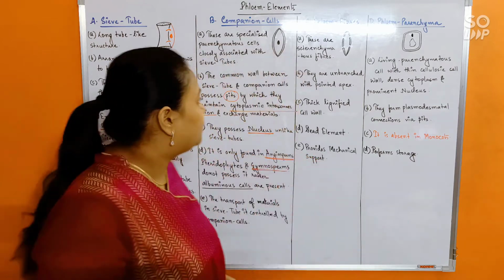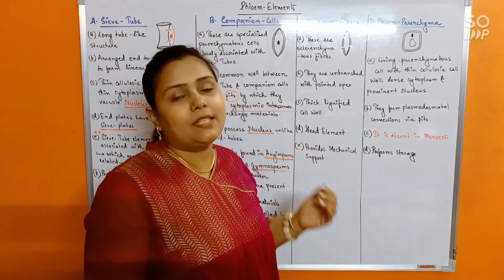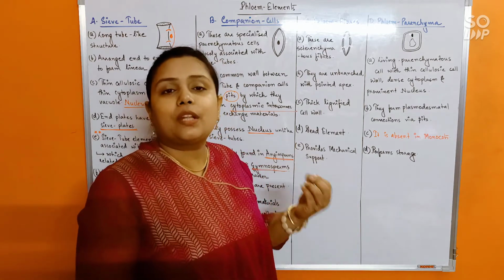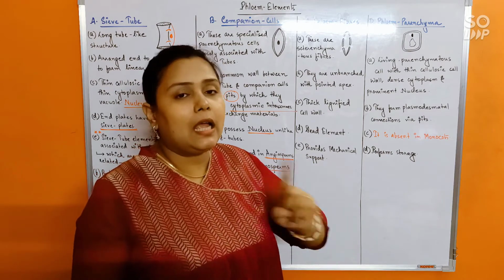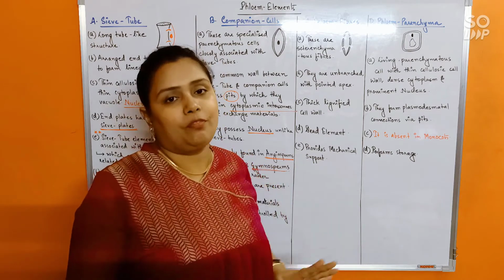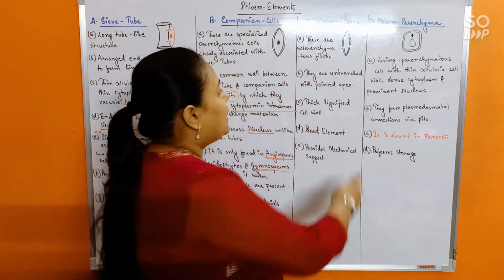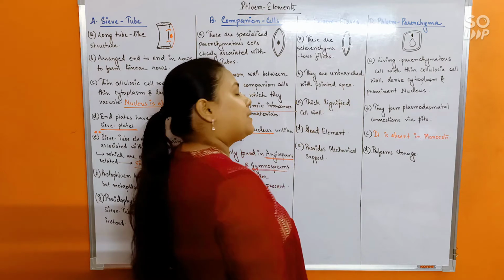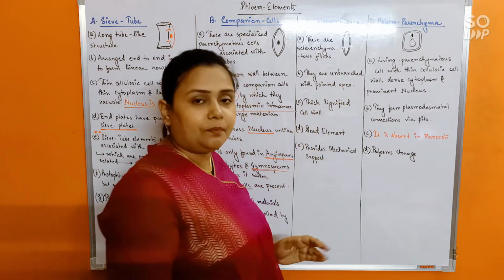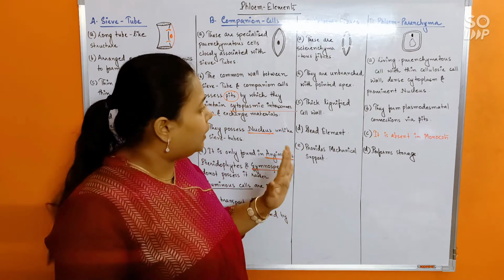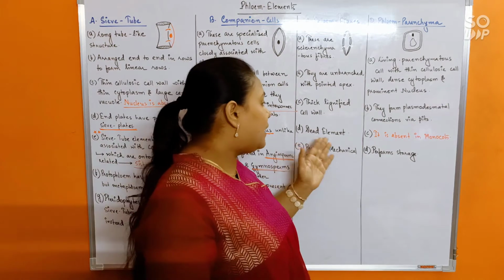Okay, now next, phloem fibers. So phloem fibers are nothing but sclerenchyma fibers. Sclerenchyma fibers which are associated with xylem become xylem fibers, and those associated with phloem become phloem fibers. That's it. So these are sclerenchymatous fibers and they are unbranched with pointed apex. Thick lignified cell wall will obviously be present. It's a sclerenchymatous cell, isn't it? And these are dead elements.